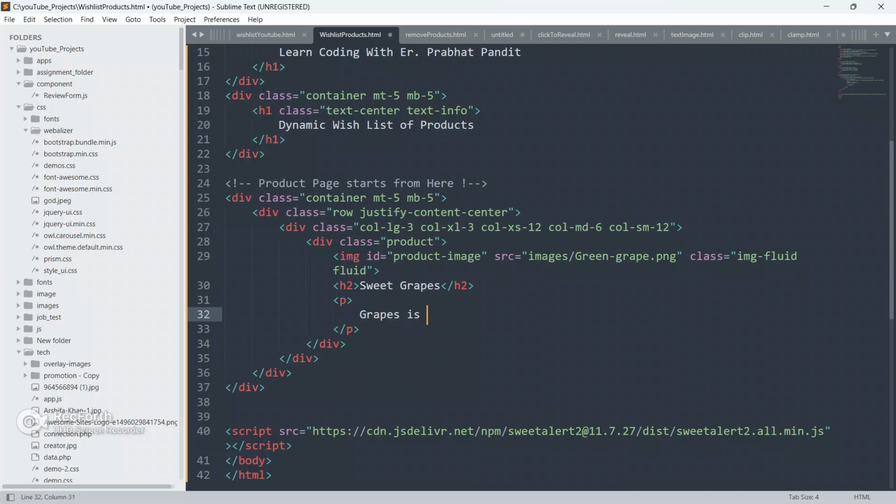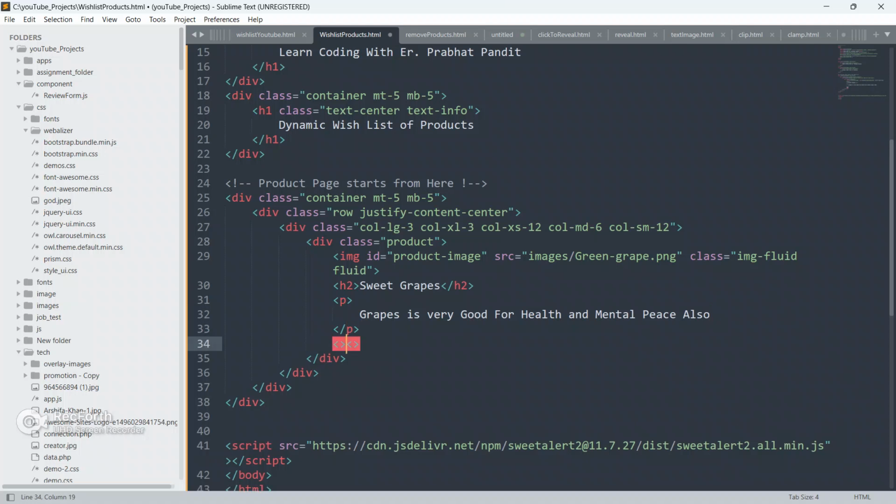So grapes is very good for health, and mental peace also. So guys, just some random text, nothing else.